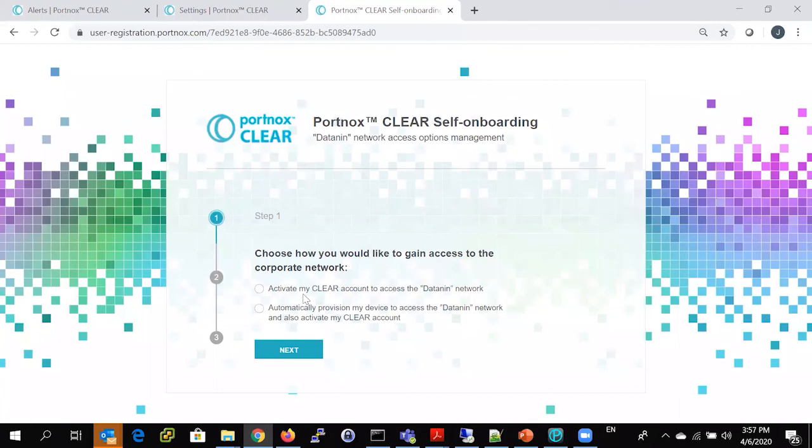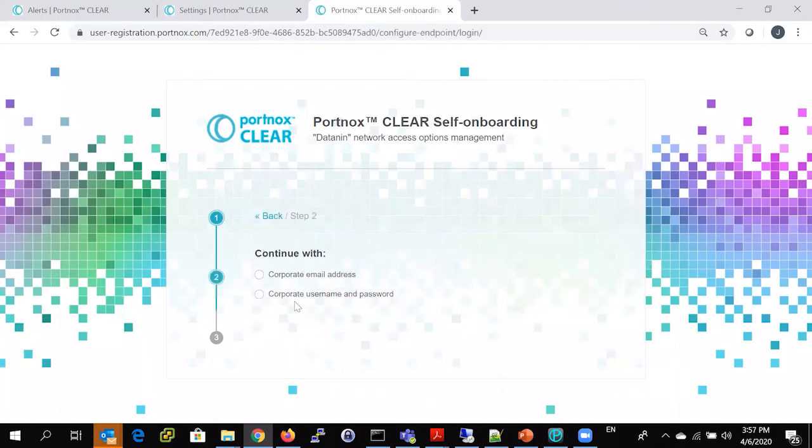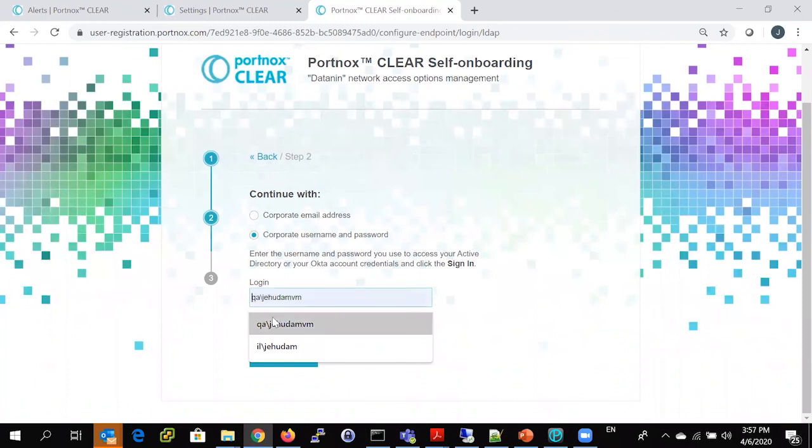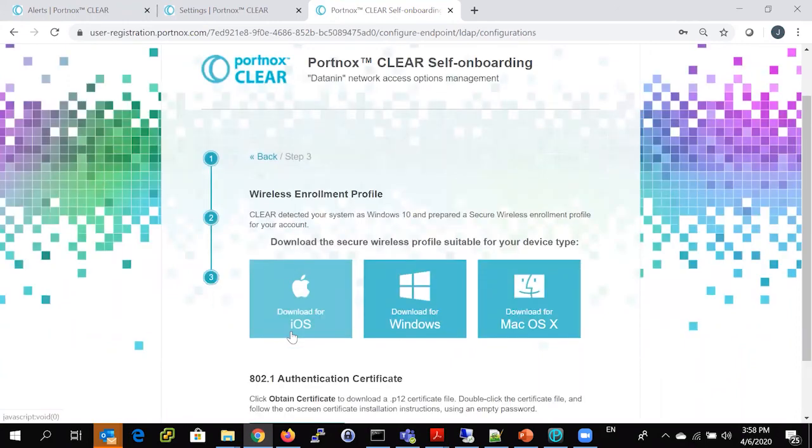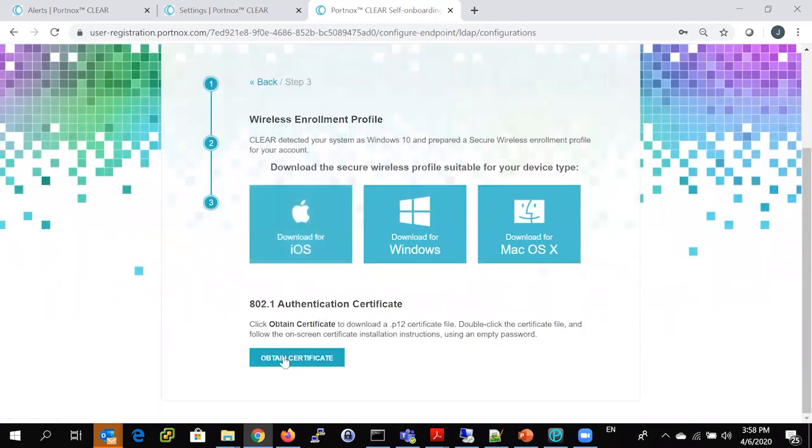Here you can use your email or your domain identity to download an authentication profile. You can onboard your account to CLEAR using that self-onboarding portal, or if you want to make it transparent and simple, you can just obtain a certificate if it's certificate based on wired or wireless, or you can just download a profile installer, you execute it on your endpoint, and your endpoint is